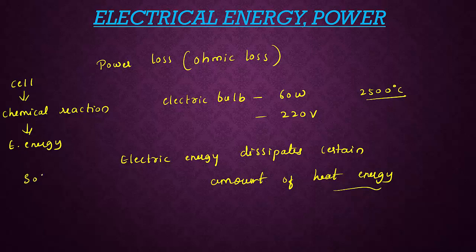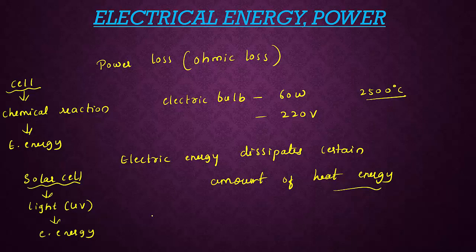If you are using a solar cell, then here solar cell means solar radiation or heat radiation, or you can consider light energy. What have we considered here? UV rays. So this is converted into what? Electrical energy. Inside the cell, a chemical reaction takes place so that electric energy is produced. When you are using a solar cell, the UV light, meaning ultraviolet radiation, is converted into electrical energy.